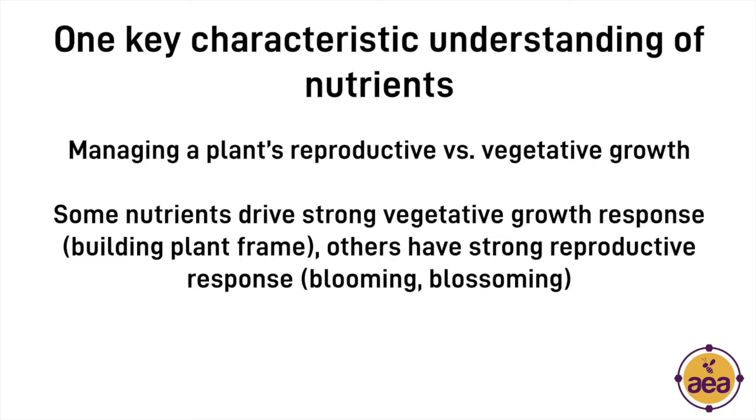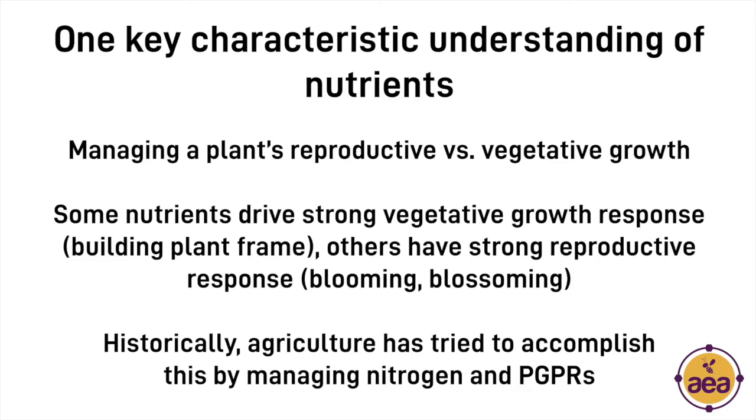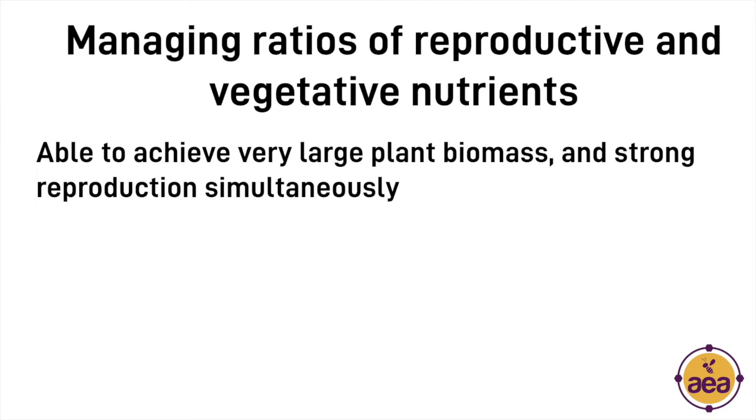And historically, within agriculture, we've sought to accomplish similar results by managing nitrogen and PGPRs. Putting on PGPRs to limit plant growth, I think, is one of the common practices in production and to trigger bud initiation and so forth. And of course, there's a conversation about nutrients and how to manage nutrients. There's also a conversation about plant hormones, cytokinins, auxins, gibberellins, etc. First, I want to speak about the nutrients, because what has been possible for us when we manage these nutrient ratios of these reproductive versus vegetative nutrients, we're